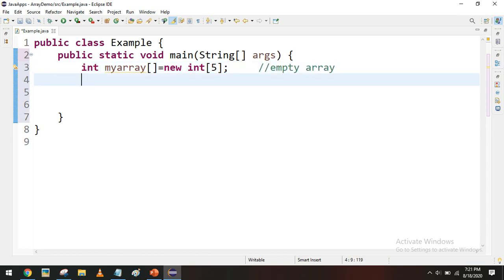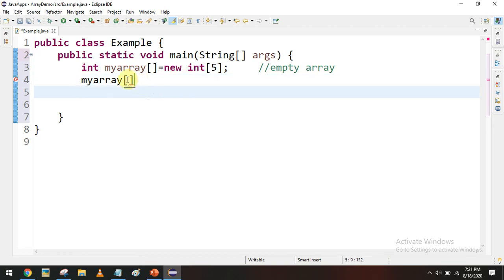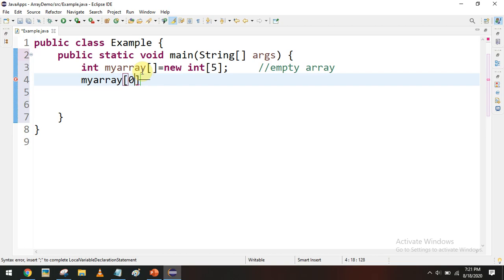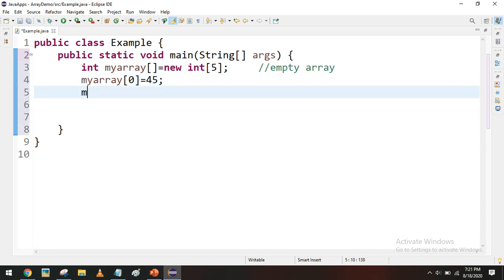After creating the empty array, if you want to assign some values, we have to access the array variable, and using the index we can access the array memory location. For example, if you want to store a value at the first index, you can use myArray[0] = some value, for example 45. Similarly, I can store 5 elements.